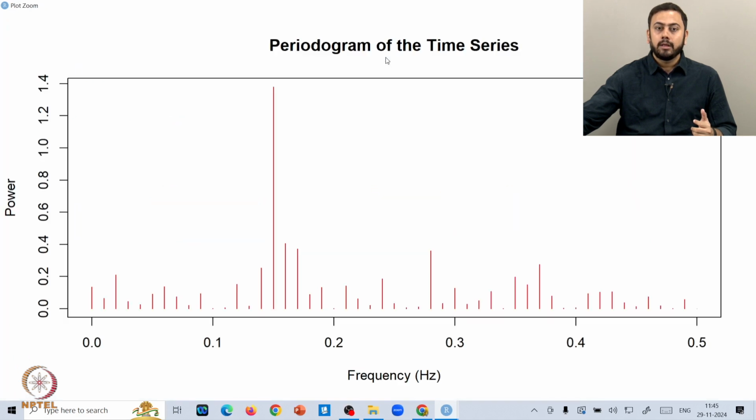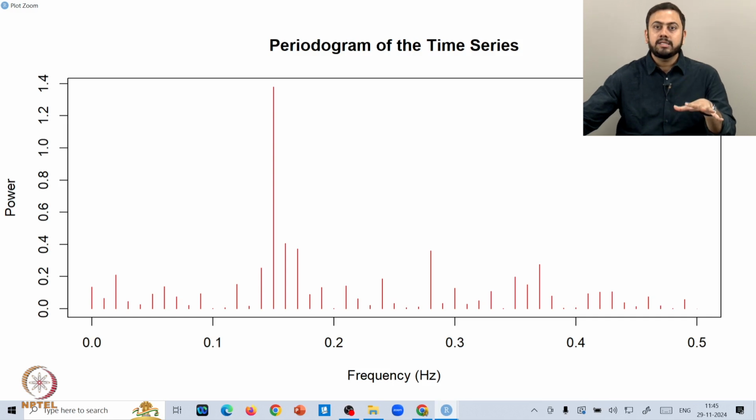Let me zoom in. And here as you see that you should see a peak at 0.15 roughly, because again if you remember that the dominant frequency we fixed earlier was at 0.15, but again remember that along with that 0.15 combined inside the sinusoidal component, you also had the decay rate. So decay rate might shift the dominant frequencies here and there. But rather here you see that the significant peak is in fact at 0.15, because 0.15 is the midpoint of 0.1 and 0.2, right. And how does the decay rate come into play is that apart from this 0.15 you can also see some other slightly significant peaks here, okay.